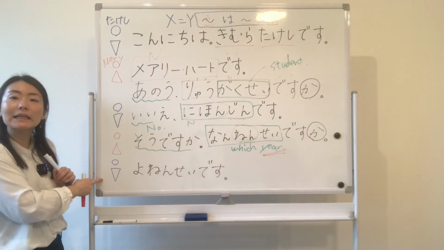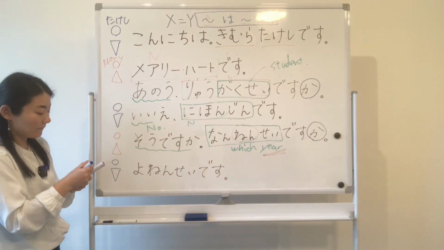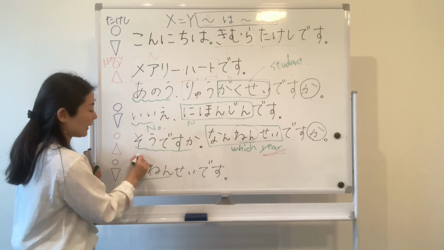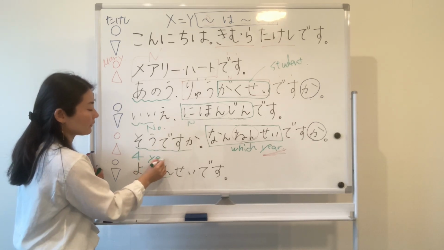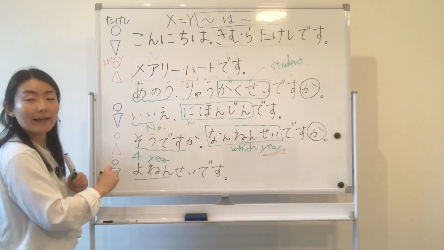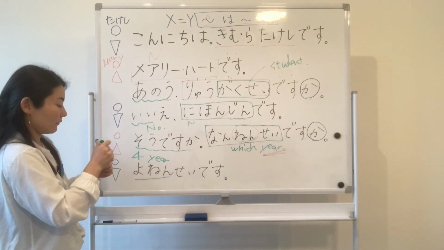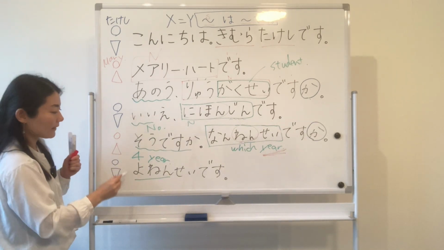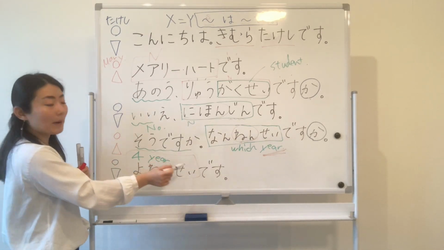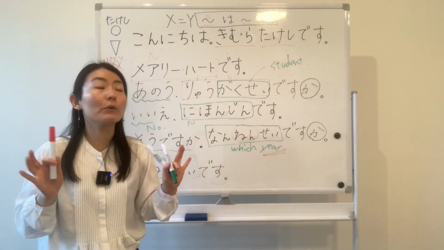Then, Takeshi-san, 4年生です。4年生 means 4年 is 4 years and sei means student. So he is in the 4th year of the university. And this 4年生 is also noun. So noun plus です。